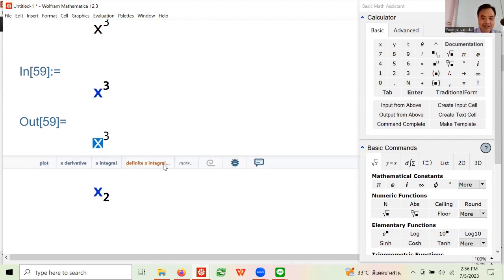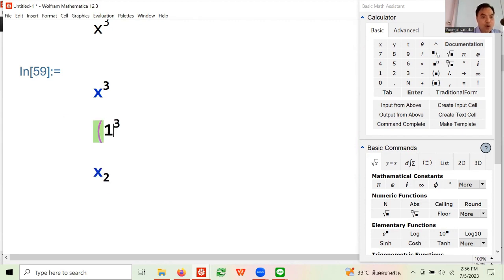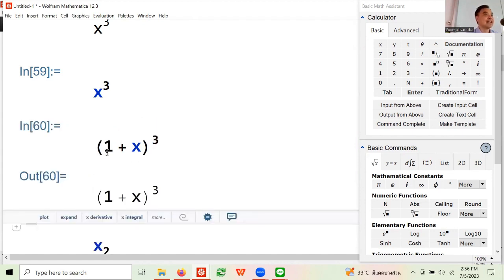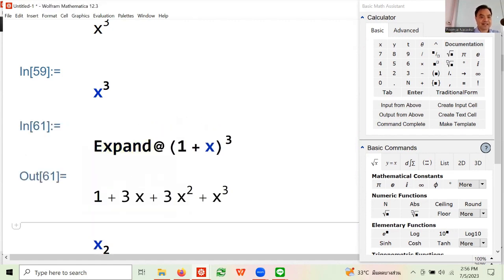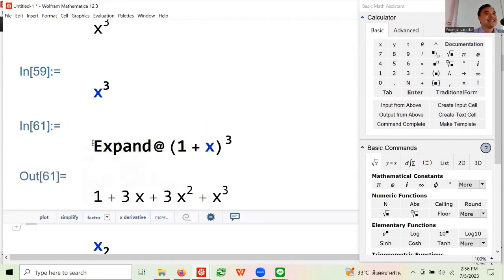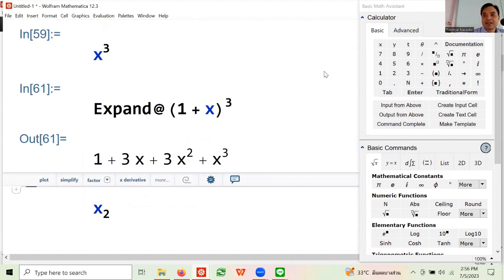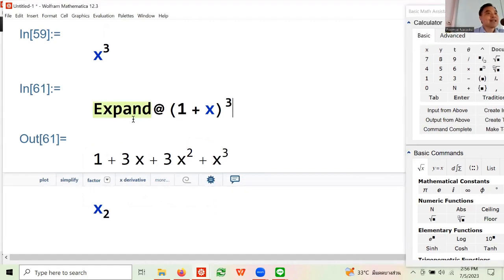So you can write something like 1 plus x to the power 3. Right? Now, if you want to expand it, see that? Okay. Yeah, see that? So what does this do?